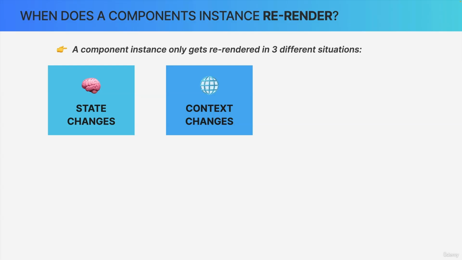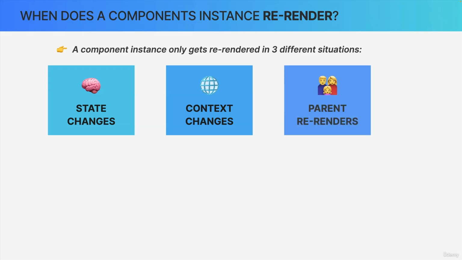And finally, as we learned in the section on how React works behind the scenes, whenever a component re-renders, all its child components will automatically be re-rendered as well. And so the third reason for a component to re-render is a parent component re-rendering. But now you might be wondering, what about prop changes? Doesn't updating props also re-render a component? Well, actually, that's technically not the case. So that's a common misconception,